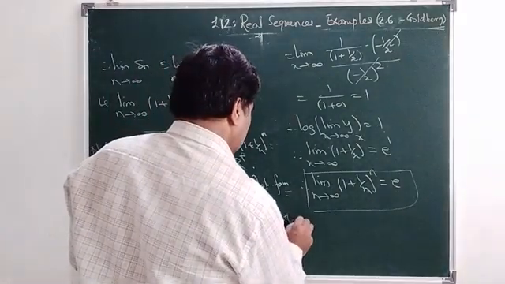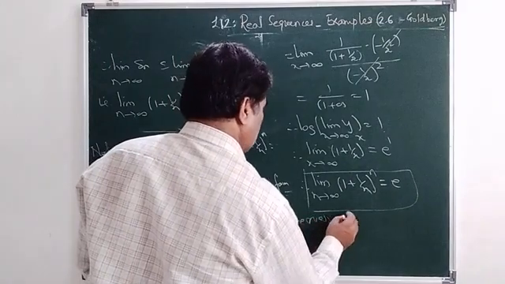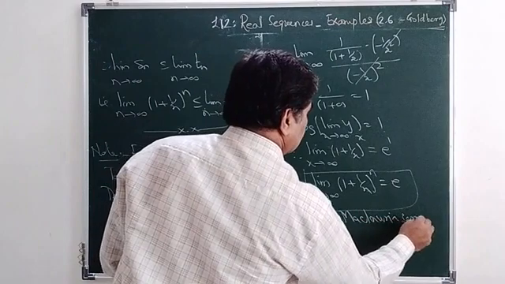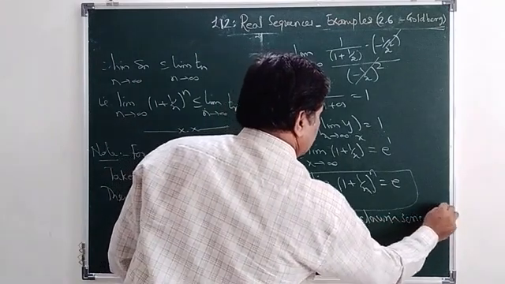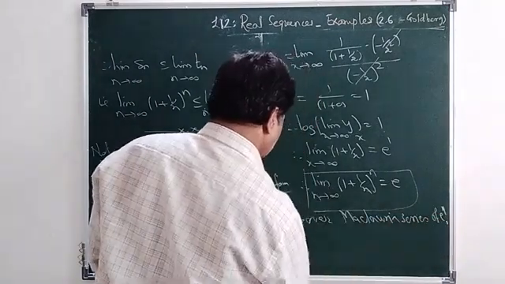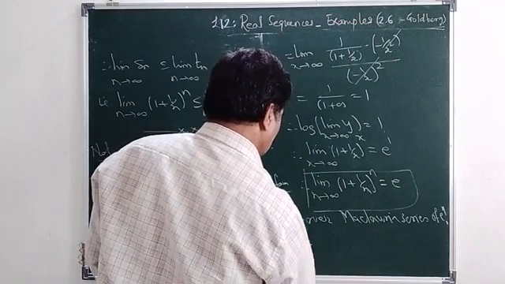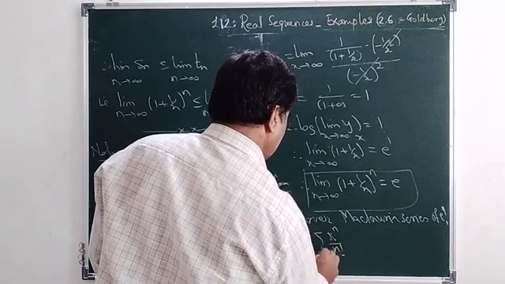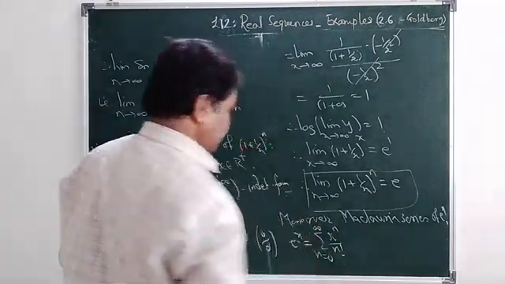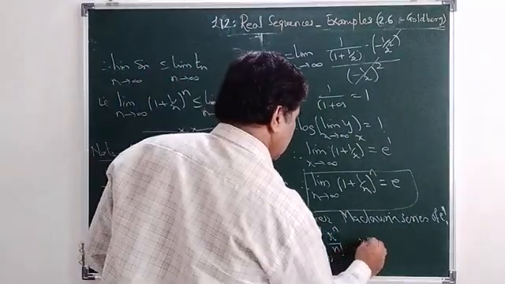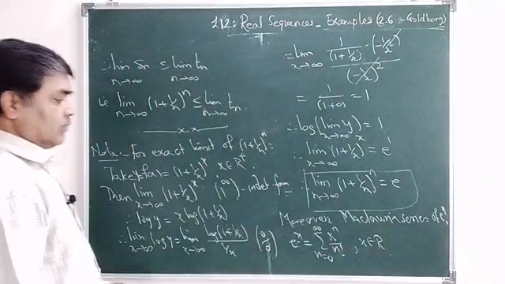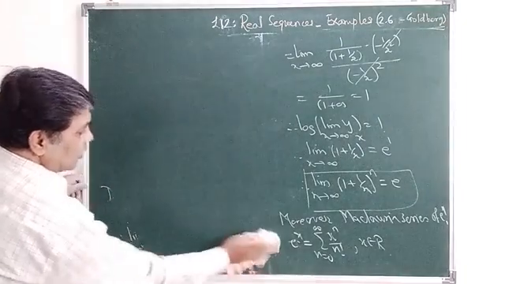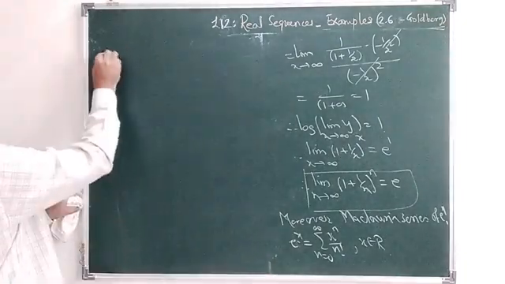Moreover, the Maclaurin series of e raised to x is e raised to x equal to the summation of x raised to n upon n factorial, n equal to 0 to infinity. Whatever your x in R may be, e raised to x is given by this, and therefore for x equal to 1, we'll